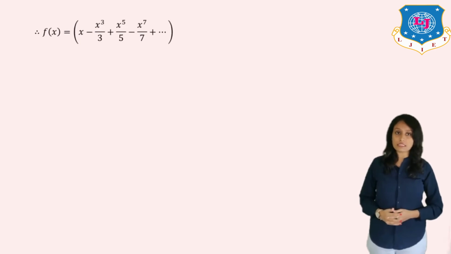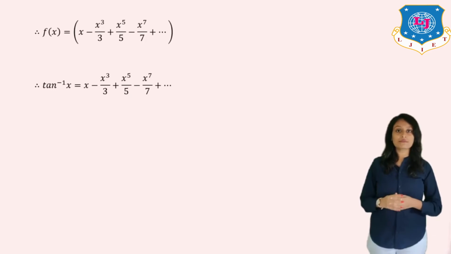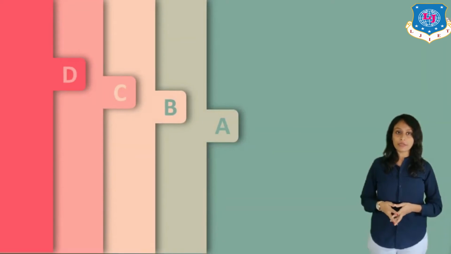So you will get f(x) is equal to x minus x cube upon 3 plus x raised to 5 upon 5 minus x raised to 7 upon 7 and so on. Right, so in this way, we have solved the Maclaurin series of the function tan inverse x, which is x minus x cube upon 3 plus x raised to 5 upon 5 and so on. Okay, now let's move to the next topic, that is